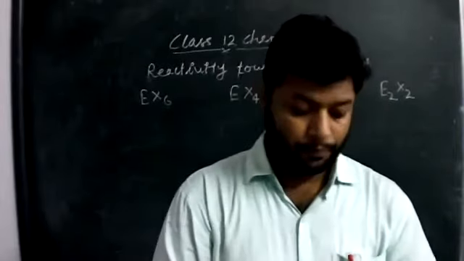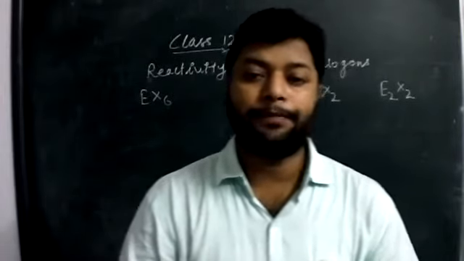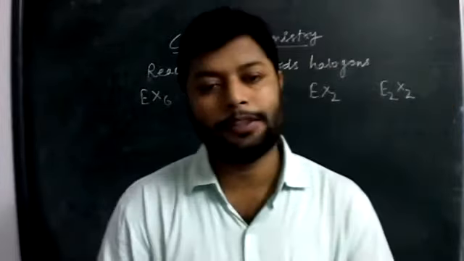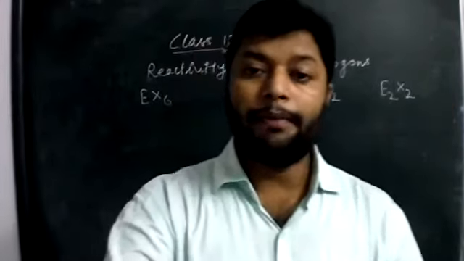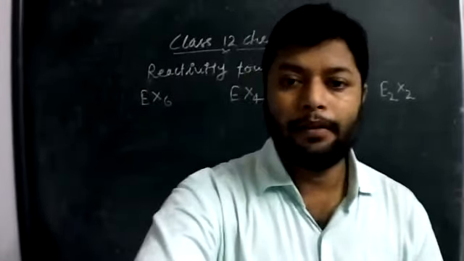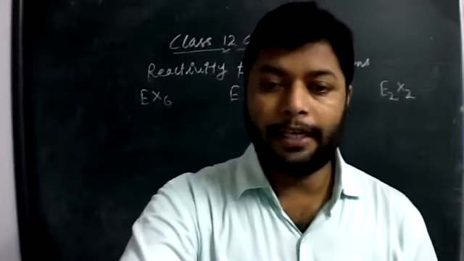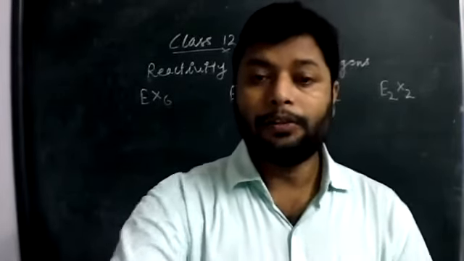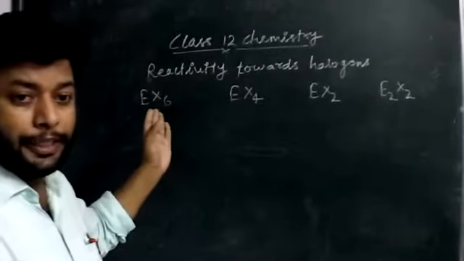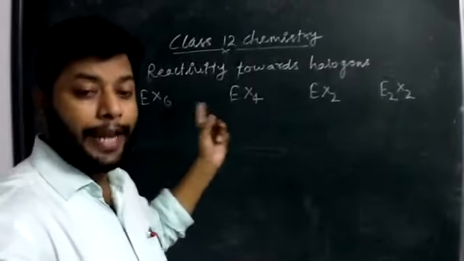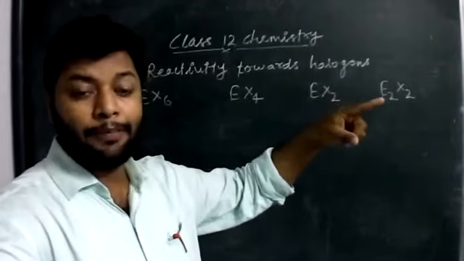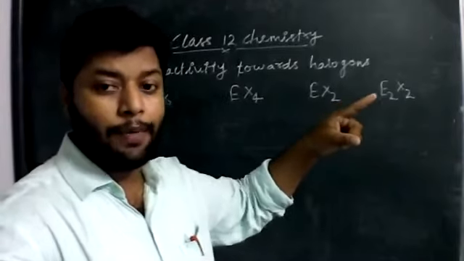Actually, the topic we started studying was the reactivity of the oxygen family towards halogens. As you know, there are many halides of sulfur, selenium, and tellurium in nature. Oxygen has very rare halides. According to the oxidation number, you can see the hexahalides, tetrahalides, dihalides, and some monohalides which actually exist in the form of dimers.